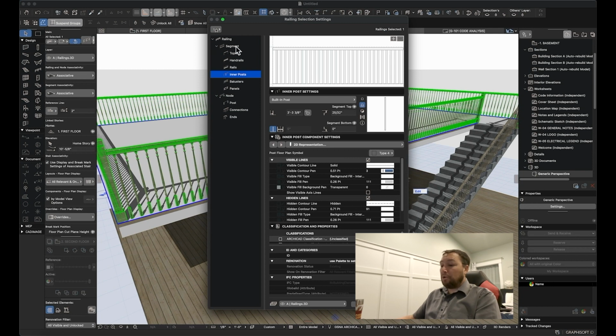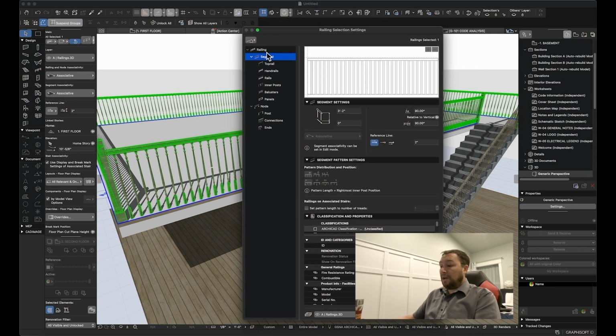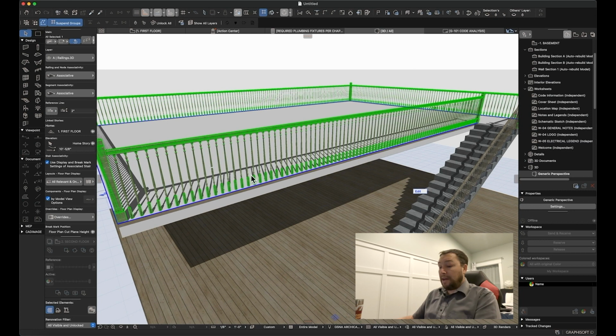Now, if we want to do it globally, we can edit the segment by going to this segment section of the railing selection settings. And then under this, you'll notice under the segment pattern settings, it will say pattern distribution and position. Now, these are grayed out. Why? I'm not sure. I can honestly say I really don't know why, but I do know how to fix it in a separate section. So let's click on OK, get out of that, and we're going to, while having this railing still selected,